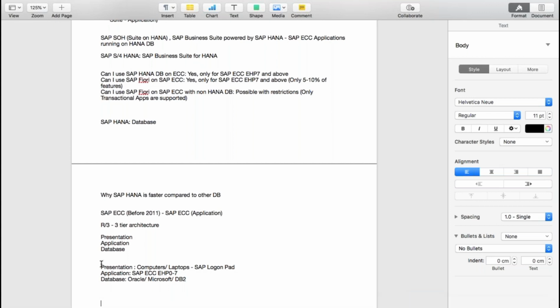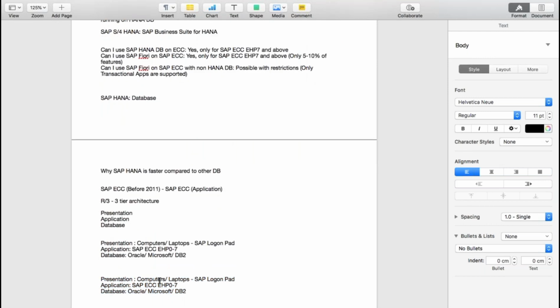Now after 2011, with SAP S4HANA, many things have changed. What is our presentation now? It is a computer, a laptop, and it allows tablets and mobile devices. You can access the presentation server either through SAP logon pad or through SAP Fiori, which is a new user interface.